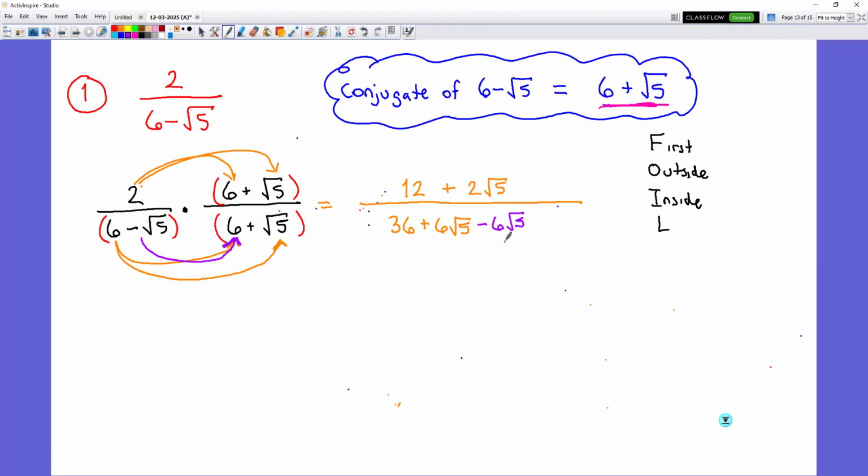Okay. And then I don't like that 5. Let me see if I can erase that. It's going to erase it for me. Probably not. Okay. So negative 6 square root of 5. And then